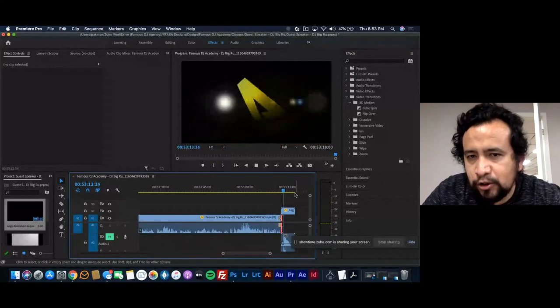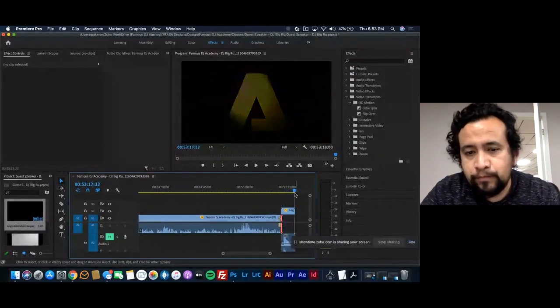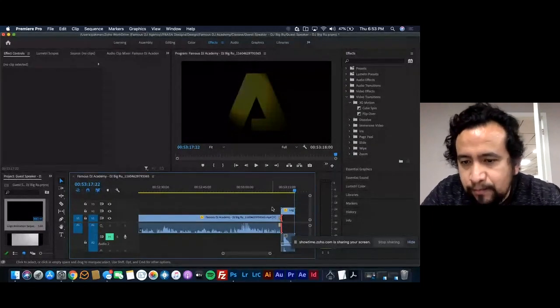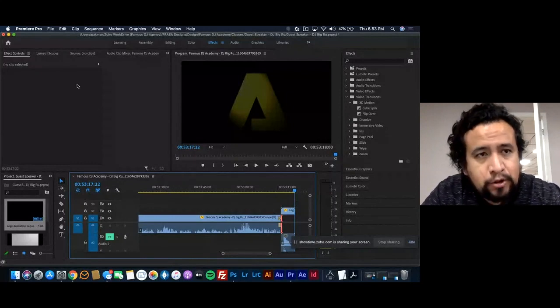And the default transition is just going to black. So there you go, super easy. And you don't even have to do it if you don't want to. Okay, so once you're done doing the video, you go to